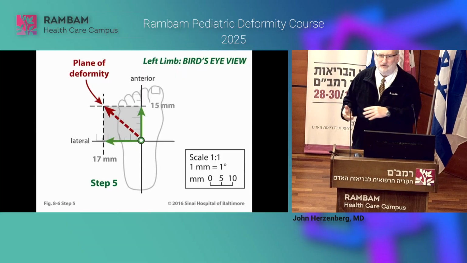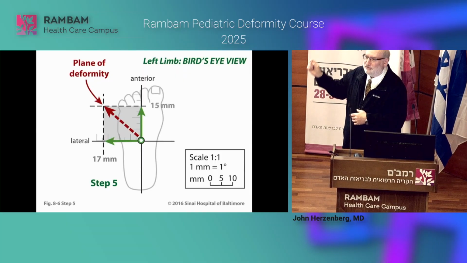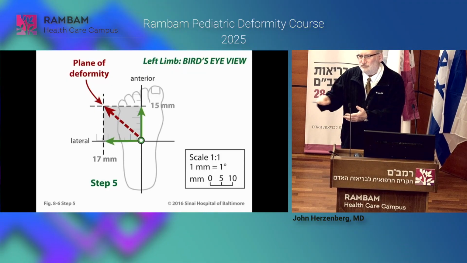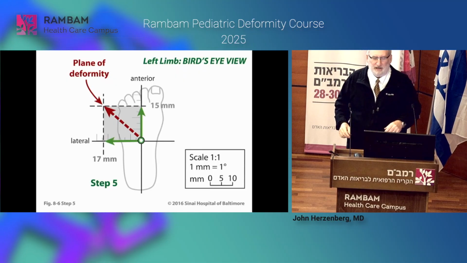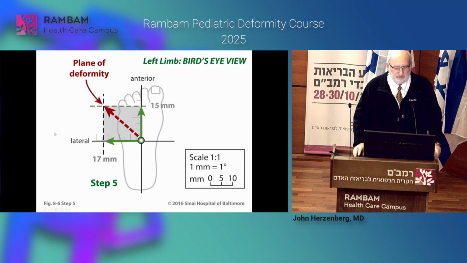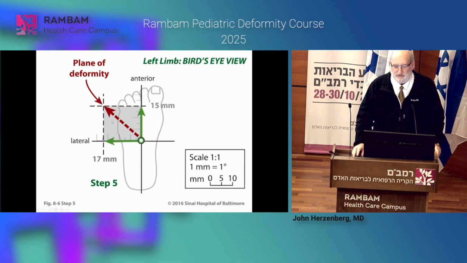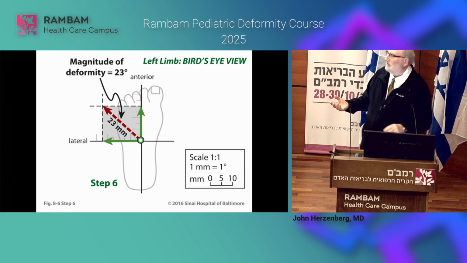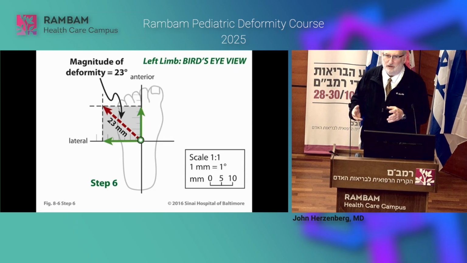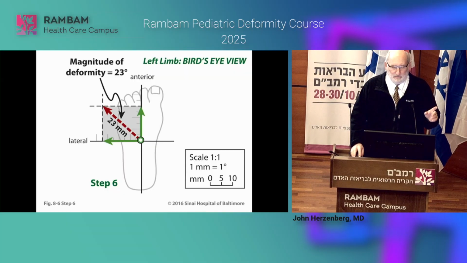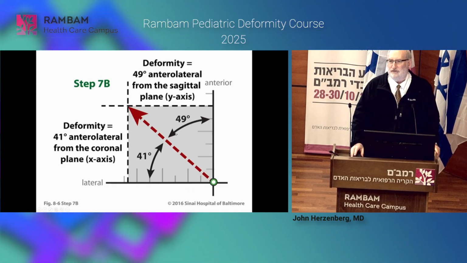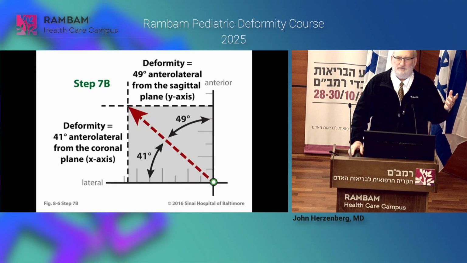But this is a good approximation, and this is something I literally do sometimes in the operating room, where I draw this on the sheets using the touche, and I can draw this in 2 seconds and have my analysis done. So what this would tell you is that the hypotenuse of this deformity, if you measure that, is the true magnitude of the deformity. So even though it was 17 degrees and 15 degrees, the true deformity is 23 degrees. And not only that, but it's in a certain plane, like 41 degrees off the frontal plane or 49 degrees off the sagittal plane.